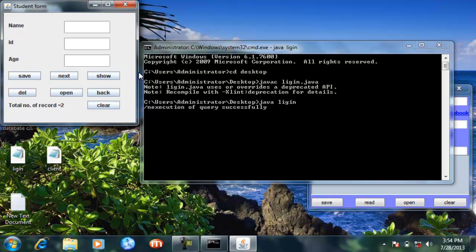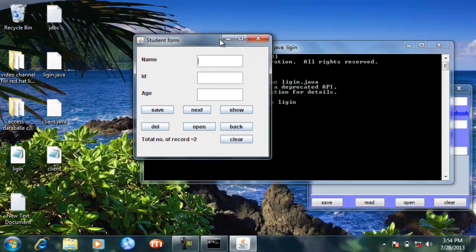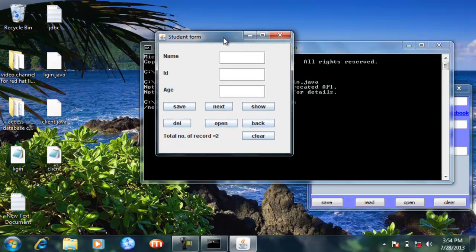Watch here, we have this student form, and this is the form on which we are going to work. That means how this form will be created, and how you will add text boxes and labels. We will have a very quick view of the graphics portion of advanced Java. Here you can see the three fields: name, ID, and age, and as per these three fields we have created the different columns inside our MS Access database that you have just seen earlier.